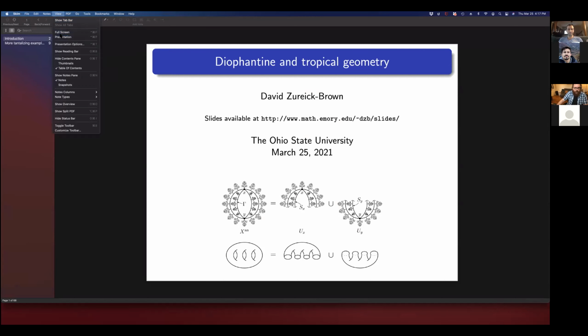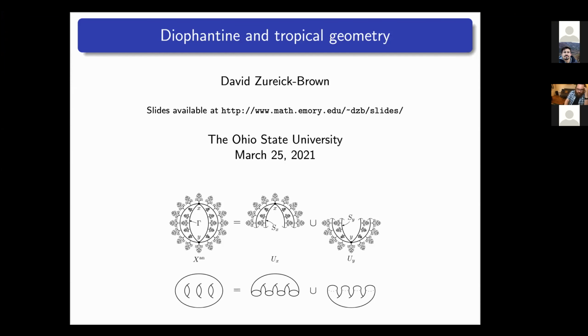Here we go. I'll actually postpone talking about tropical geometry basically until the end of the talk, and I'll speak most about Diophantine geometry, so solving equations over the integers or rational numbers, and arithmetic geometry. In the survey paper that I just referenced, Joe Rabinoff made a bunch of beautiful fractal-looking pictures that explain what's going on. I'll try to explain a bit about what this picture means and how it helps you do number theory